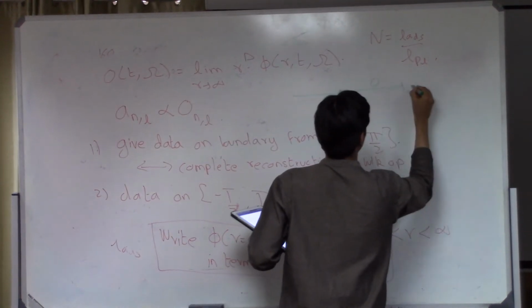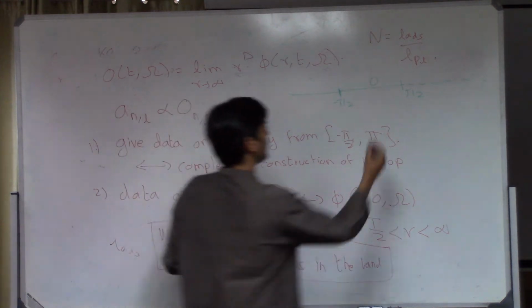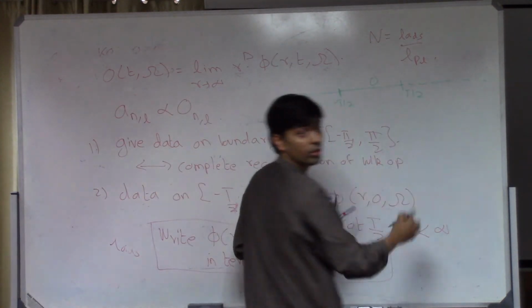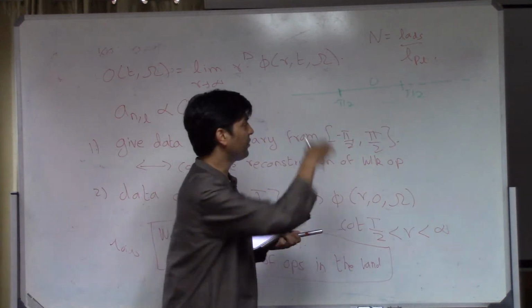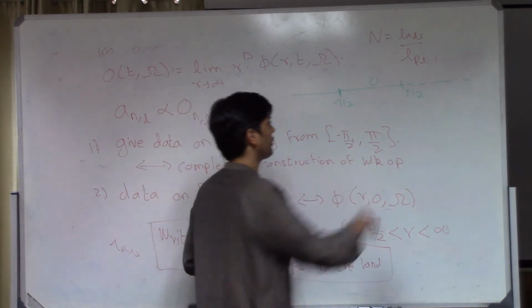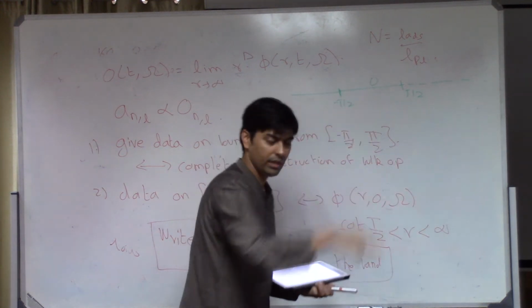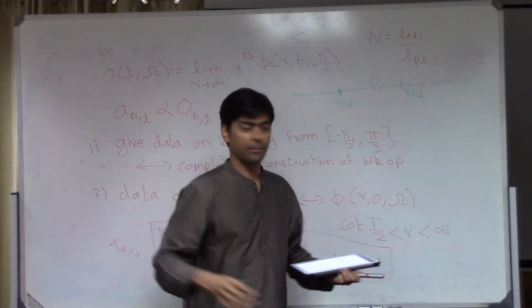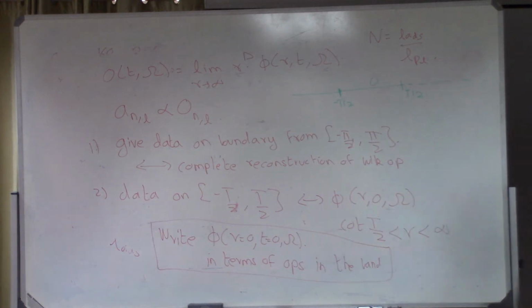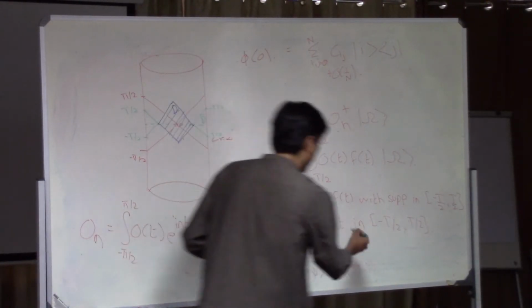If it's 0 here, and if it's analytic in the lower half plane, I can in fact continue the function from here to here through the lower half plane, and I can prove that the function is 0 everywhere on the real line. So if I have a function which is analytic and which is 0 on some part of the real line, then it's 0 everywhere. That means that if this function is 0 for all t in this region, then by this argument, this inner product is 0 for all t.